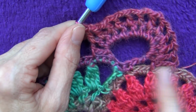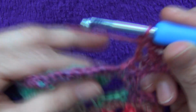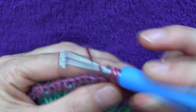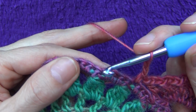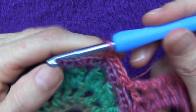Alright, so you should have 12 double crochets with 2 chain in between, including the chain that you had made over there. Now you don't end with 2 chain, you just end with your double crochet, and then you're going to go into this first treble with a single crochet. Okay, and then you're going to chain 3 and single crochet into the next treble. And then you're going to turn around